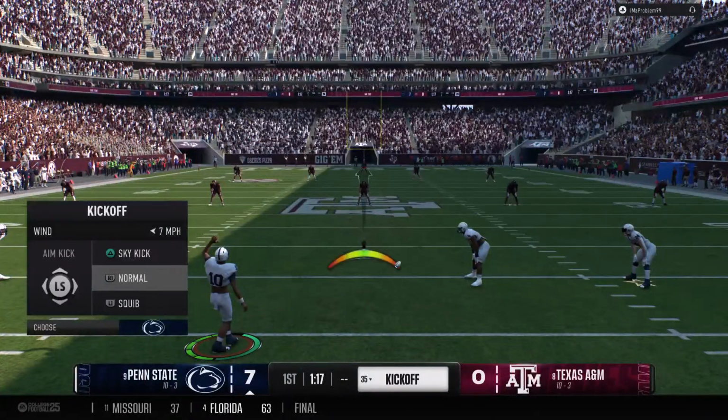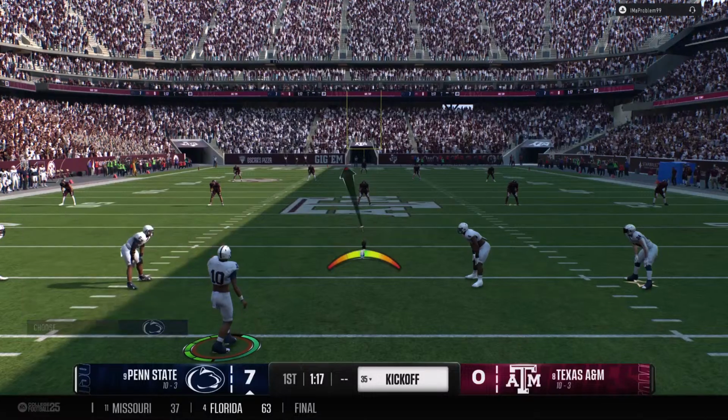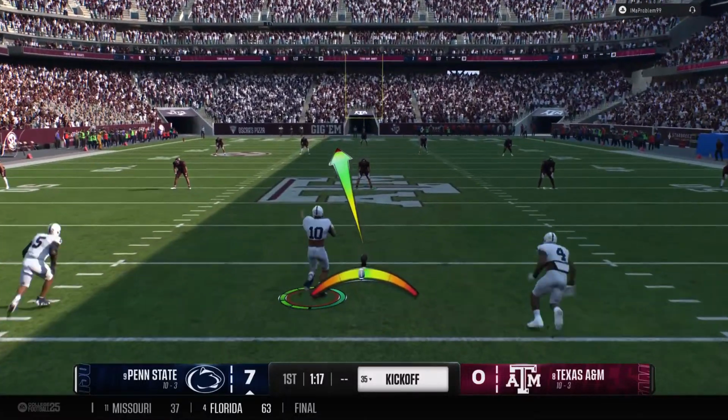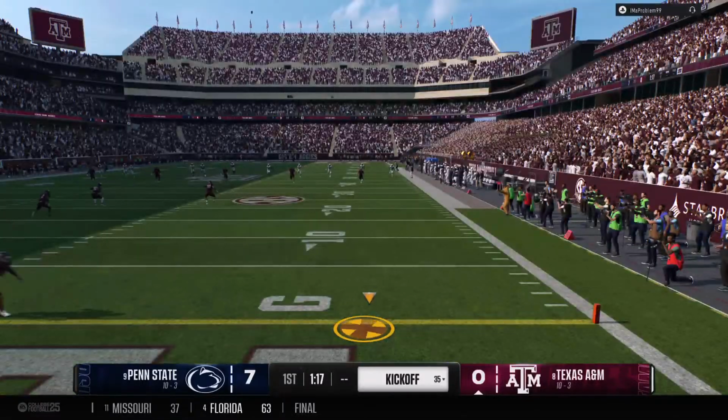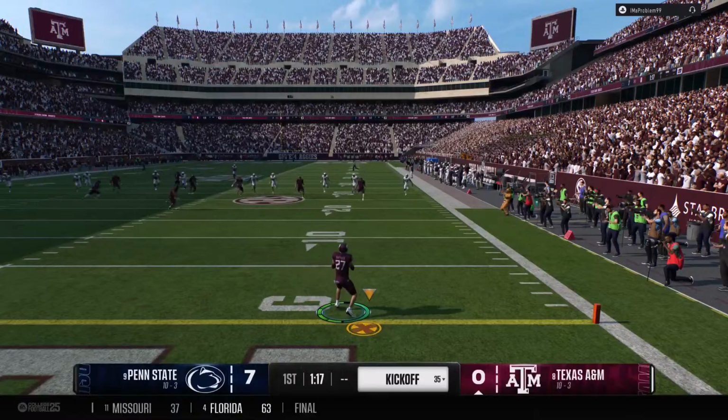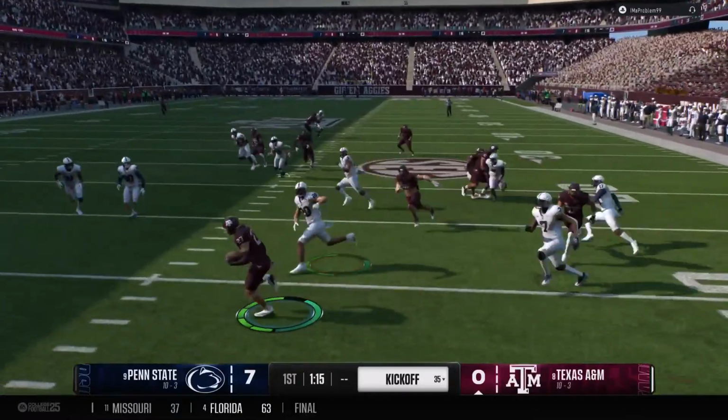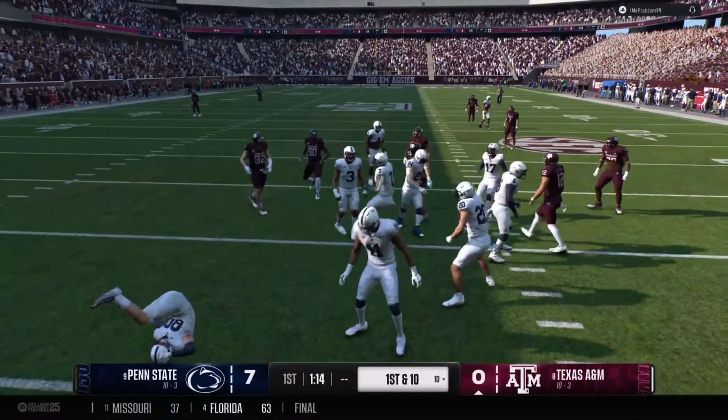Kickoff team is on the field to boot this one away. Fields it just outside the goal line. And the returner will be brought down.